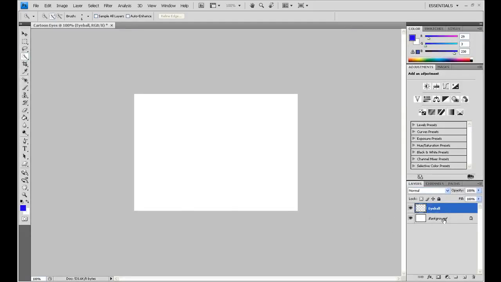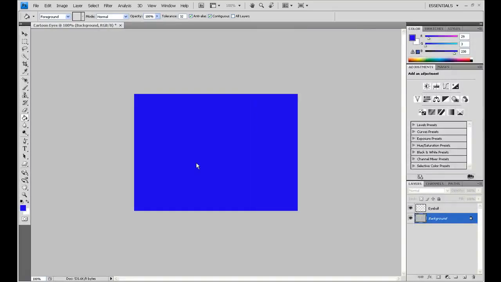Before we get going, I'm going to go back to my background layer and I am going to fill it with this blue color that's selected here. Okay, so I filled my background layer. Now let's go back to our eyeball layer